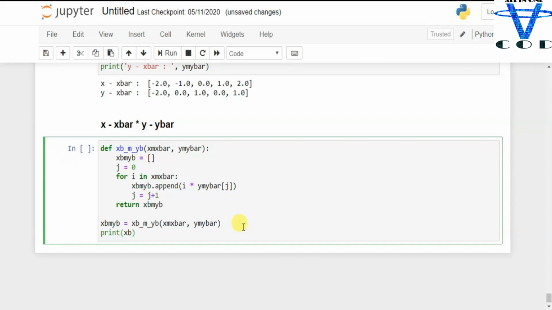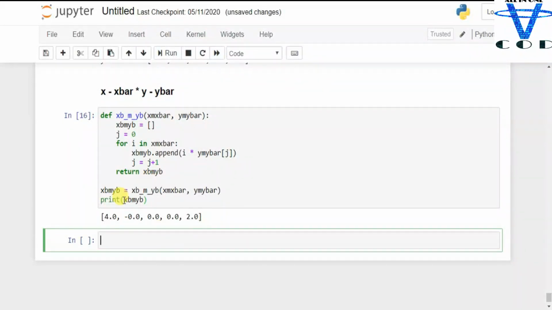So you can see we got 4, minus 0, 0, 0 and 2. So that's how you can find the x bar multiplication y bar, x minus x bar into y minus y bar.